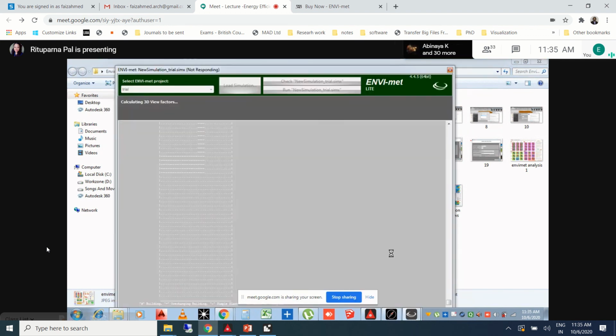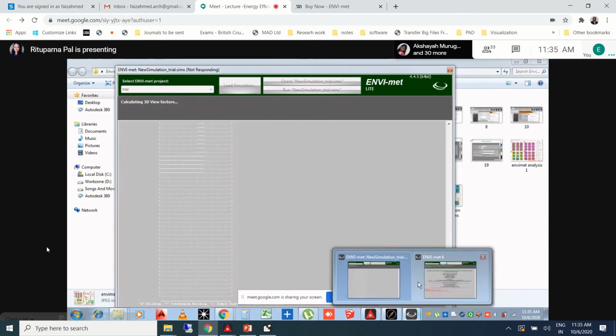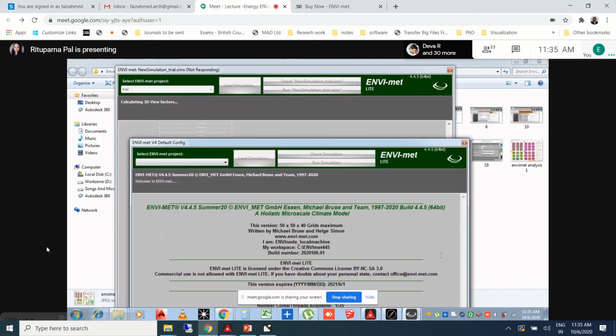Now they have a plugin for SketchUp, but we have to buy it. Okay, ENVI-met has a plugin for SketchUp? Yes. Okay, so can we use ENVI-met in Grasshopper? I think so, yes, that is also there. I think there is a plugin. I was seeing it the last day. Maybe they have included plugins for Rhino and Grasshopper also. I'm not sure, but yes, it is there.